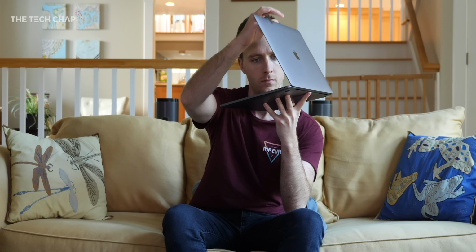Fingers crossed we get USB-C on the 2020 iPhones. The day that I only have to bring one charger with me in my backpack will be a very good day. One thing that I was still a bit unsure about is the fact that we still didn't get a